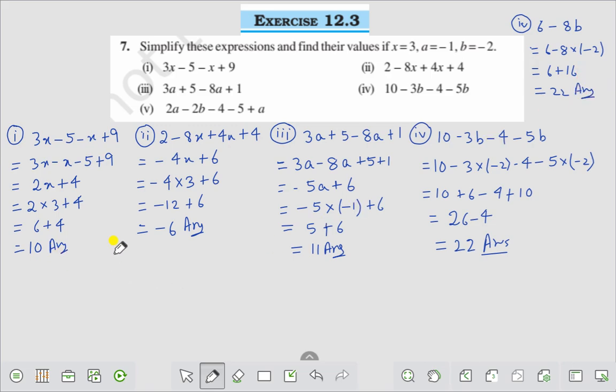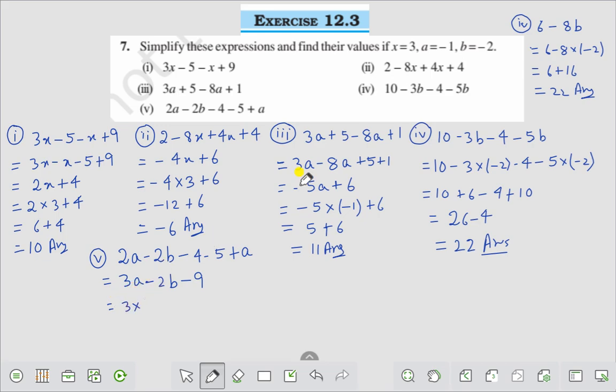Now question number 5. Question number 5 is 2a minus 2b minus 4 minus 5 plus a, that is equal to 2a plus a is 3a, minus 2b, minus 4 minus 5 is minus 9,